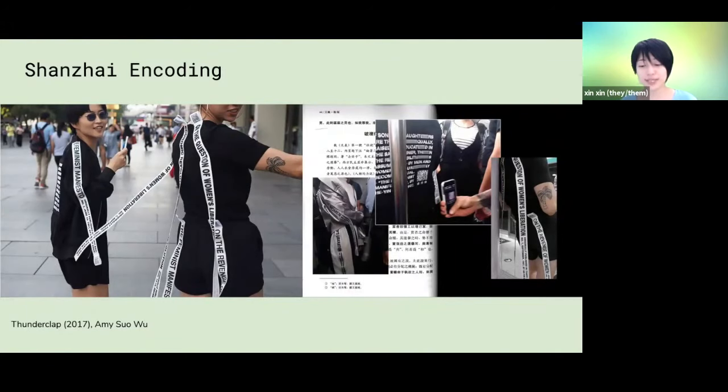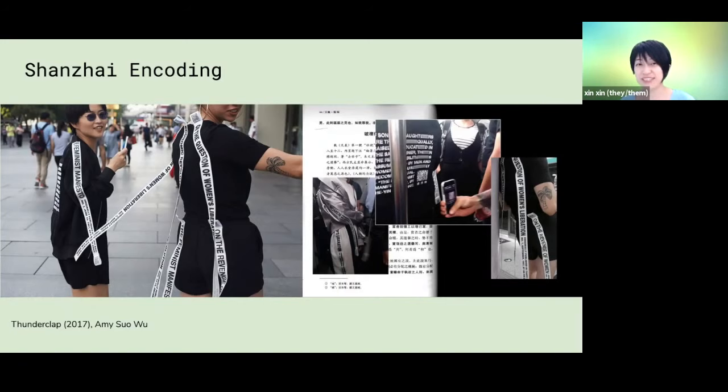What she did was pull quotations from the suppressed work of the Chinese anarcho-feminist He Yingzhen, who was alive from 1886 to 1920, and use her quotes to fill in the stripes